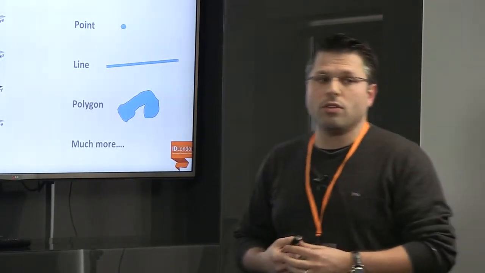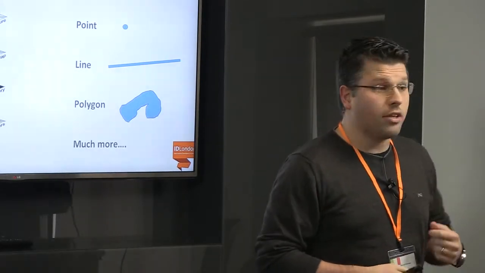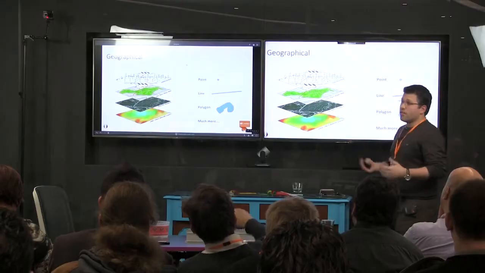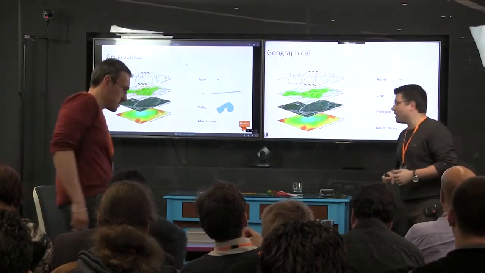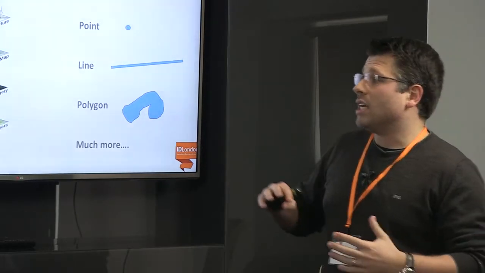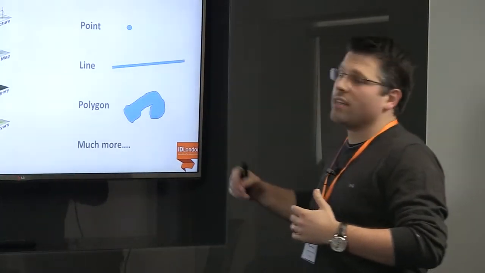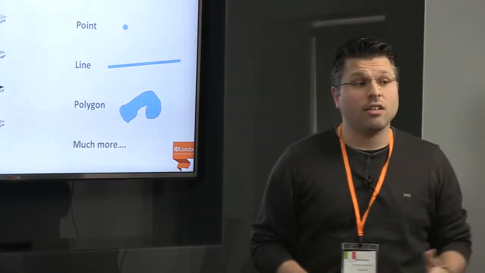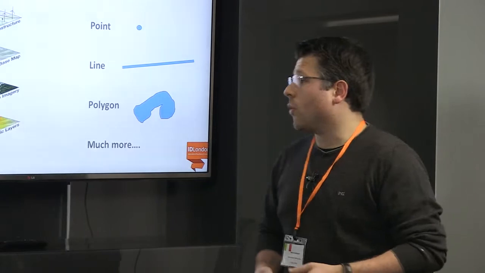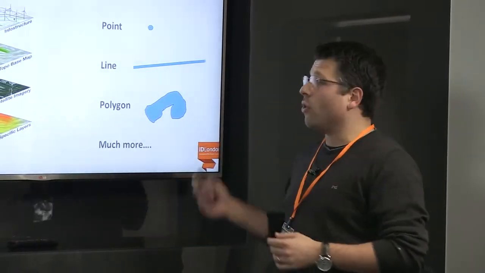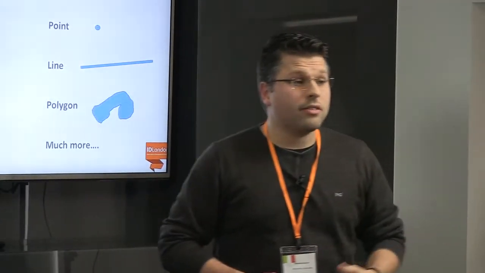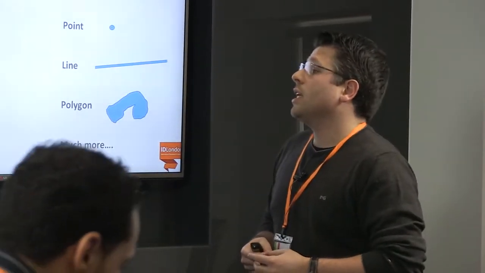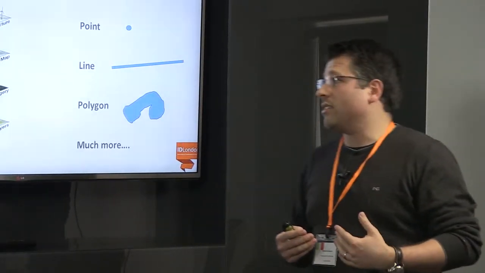So first of all, GIS stands for Geographical Information Systems. The geographical aspect: we live in a world that can be represented by points, lines, polygons, and more than that. For example, we are in London. London is an area, so we can identify the London area as a polygon. We are in a building. This is a point in the world, maybe a point in the map. So what does it mean? It means that in a